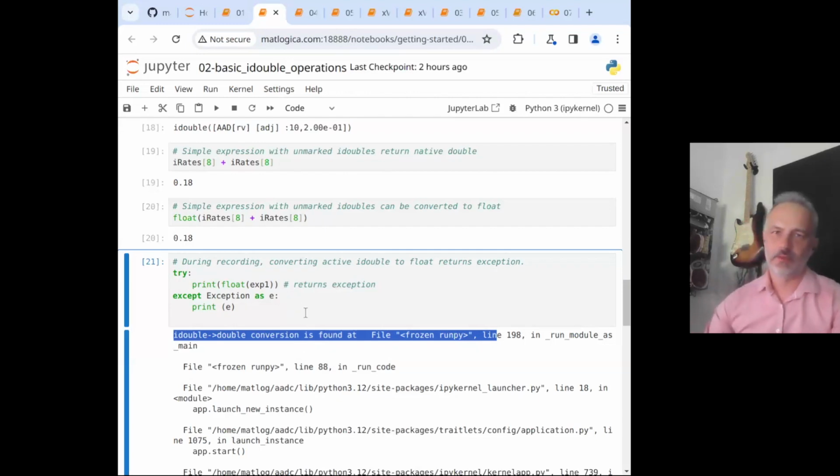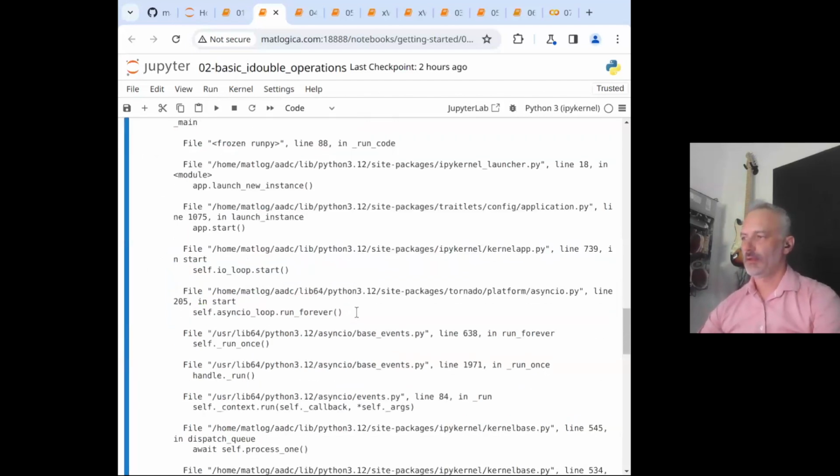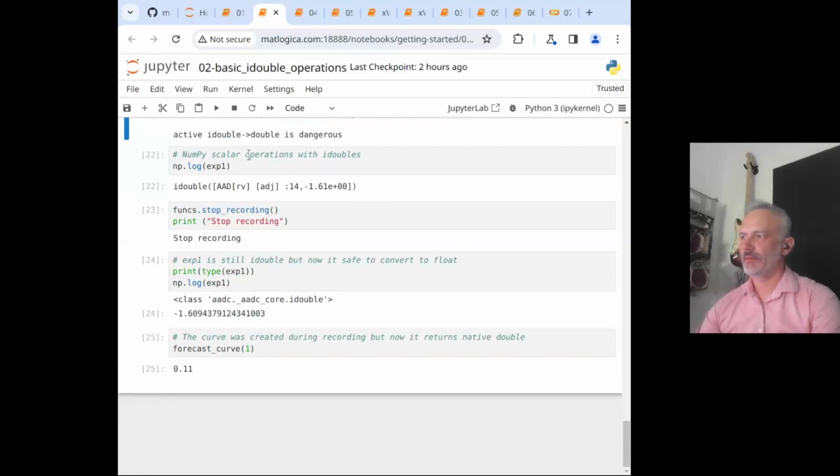Now, how to handle it differently, we'll come to this a bit later, but you should understand that there are some corner cases in calculations that cannot be recorded. Again, this is a bit technical, so we're going to get to more exciting stuff now. But if you have any questions with this space, let me know.